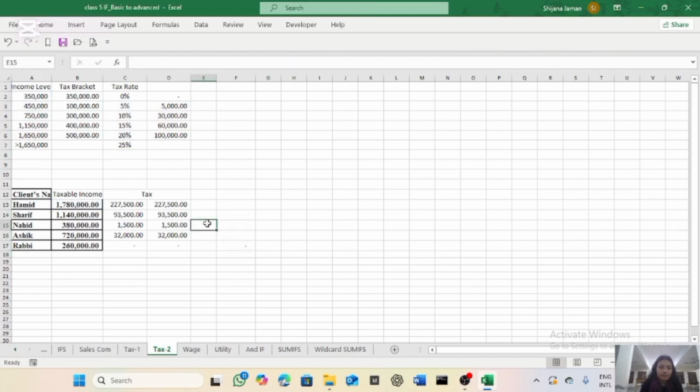Now let's replicate this. So first of all, this is our income level, tax bracket, tax rate, and the amount paid in tax, client's name and taxable income. So for this one we have to press equal if logical test. If we select this, this is our basic logical test, so the amount is